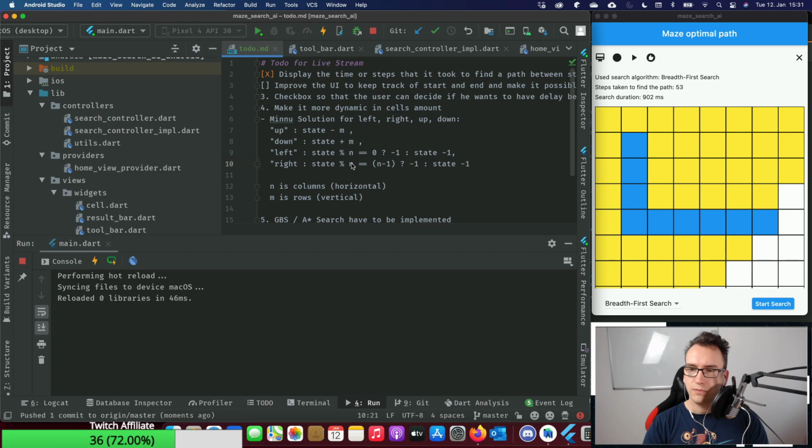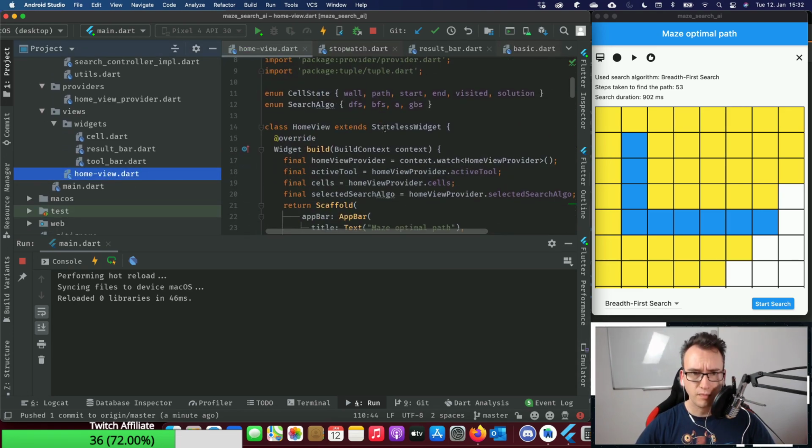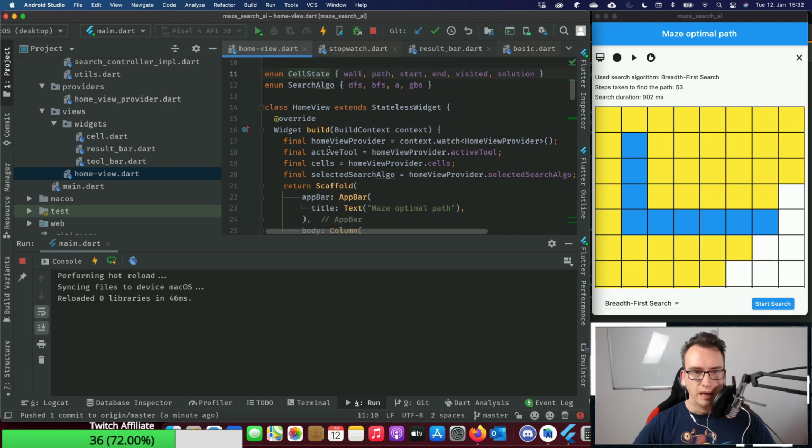And that would bring some problems with it, because at the moment the only state that we really save for something is if it is a wall, if it is something else, and so on and so forth. So we need maybe something more sophisticated. I guess that we need a class or something for it, because a path could also be a start point, and an end point can also be a path, right? So there is a difference between this state and the state that we need. So if we take a look at the home view, maybe then it's getting clearer. What I mean is, for example, let's drink something.